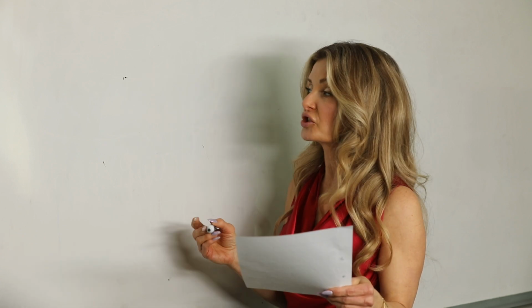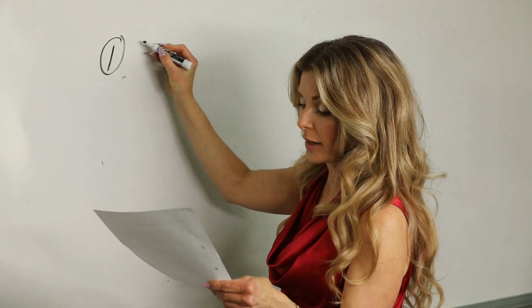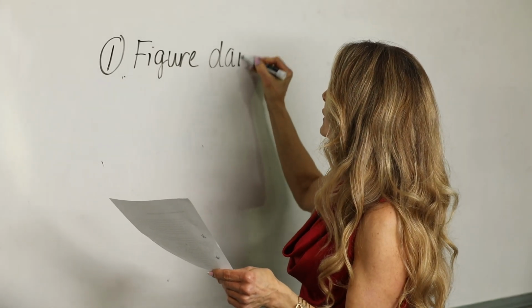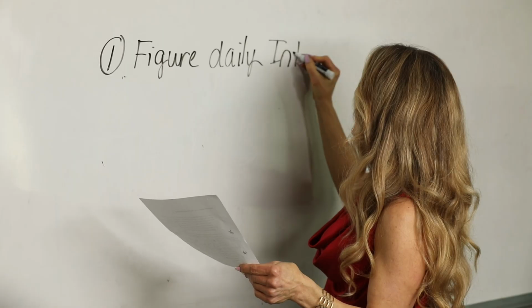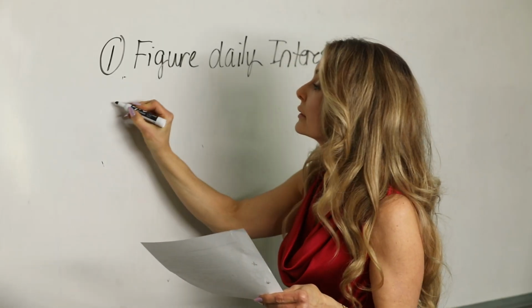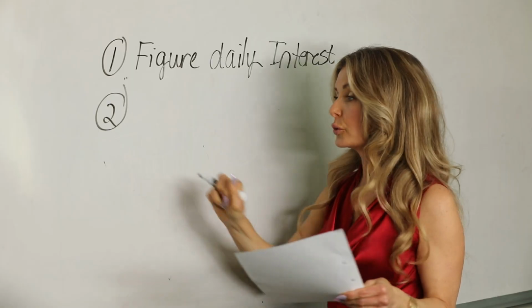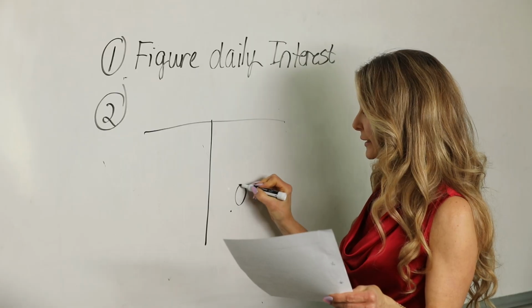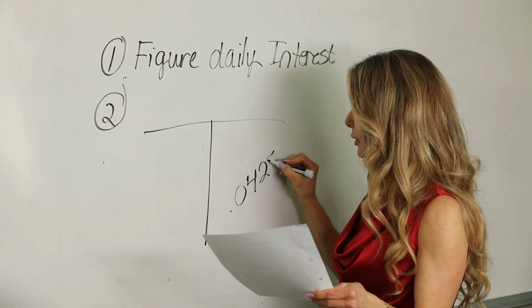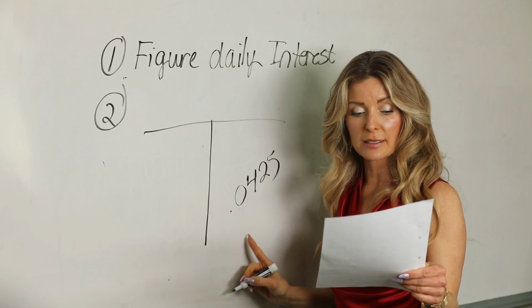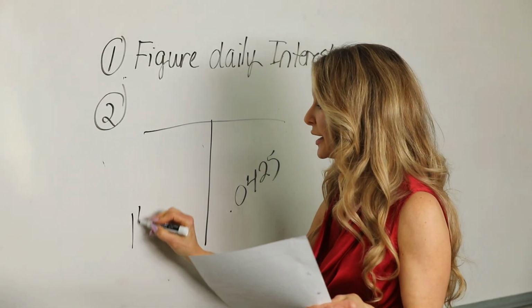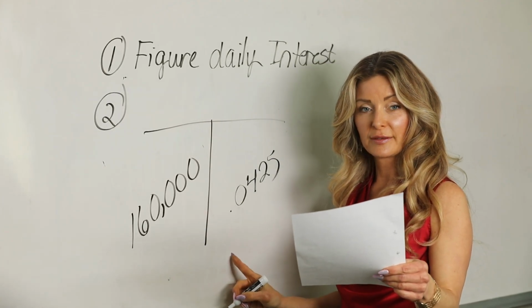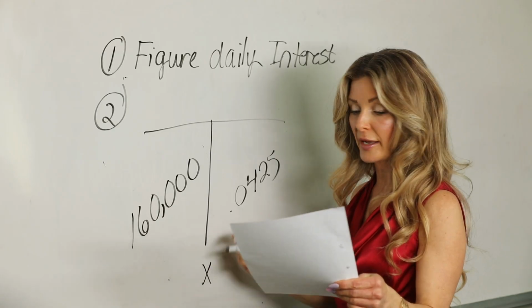So this is an interest question. So number one step, I'm going to figure the daily interest. So that is where I'm going to start. Step two, I'm going to do the T formula. So I plug in the numbers I have. I had the interest rate given to me in the problem, so I know I have my rate, which goes on the right. I also know my large number, which was $160,000. And since I have these two numbers, I'm going to multiply, which is going to give me